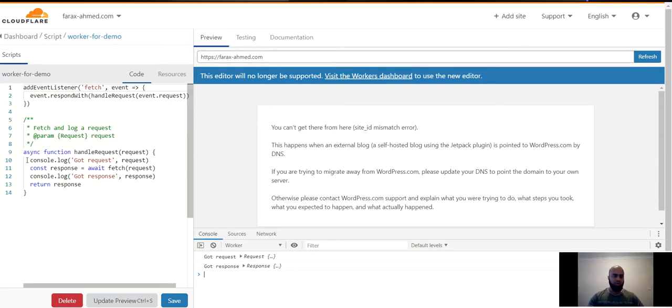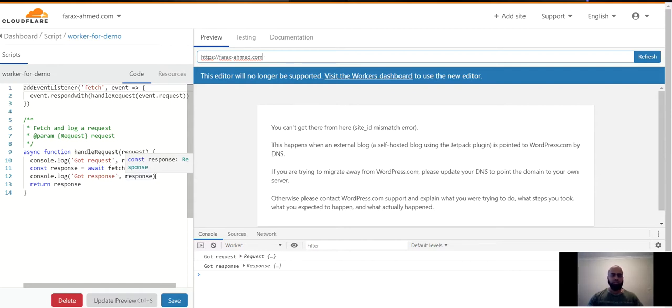At this point in time, all this code does is look at the request and put the request in the console. As you notice, there's a nice little console here as well, much like a Chrome console. And then it also puts out a response. Over here, you can use any of the URLs to preview what you're getting in your request and response as well. In this code over here, as I said, you can actually call an API to just increment a counter somewhere,